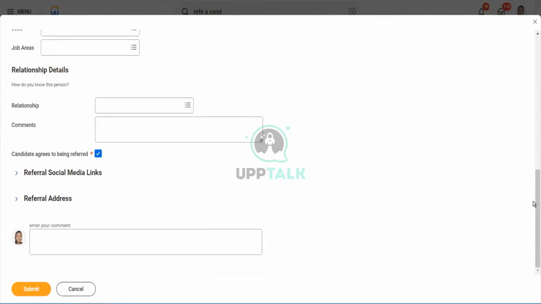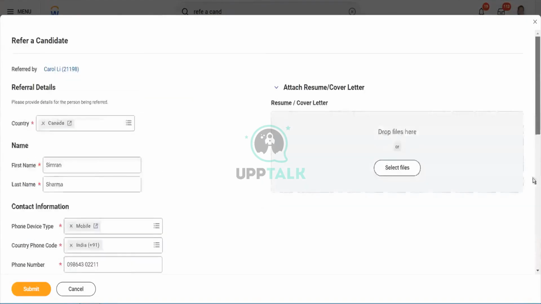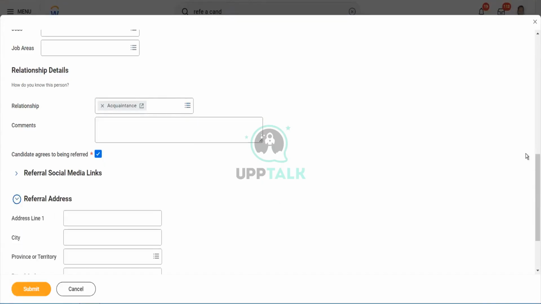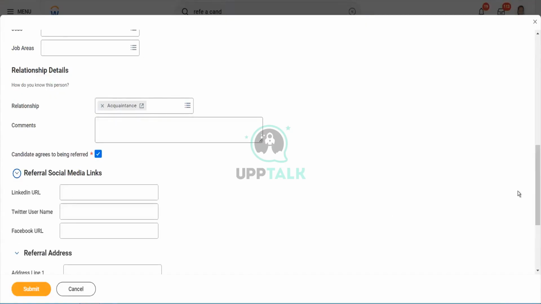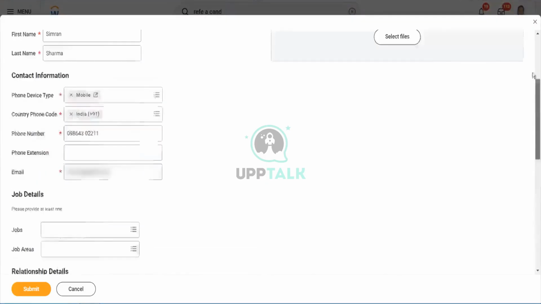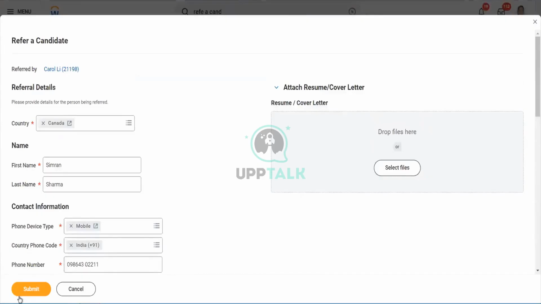We could see that there's some change in the task. It is asking us less detail. Then the relationship is the same. And you can define the referral address and referral social media links. It doesn't ask us for the URL, nothing. Experience. But you could see it has a submit button. It will lead to triggering also BP. Let me open the